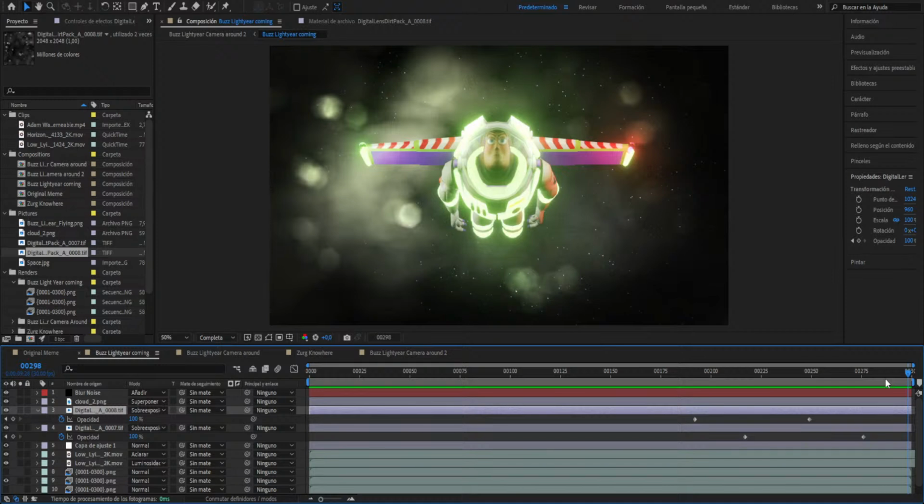I overdid it, you know. It looks weird. So, I want to recreate the entire shot of Adam Warlock as realistically and accurately as possible, in the original